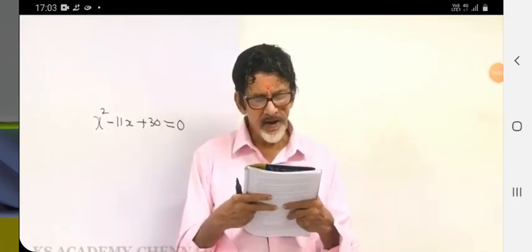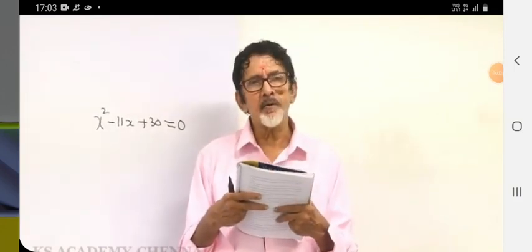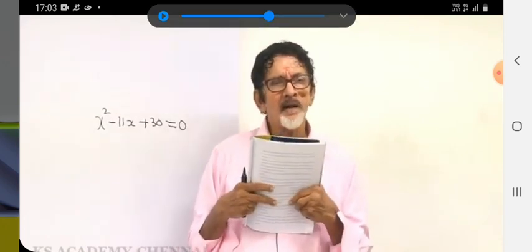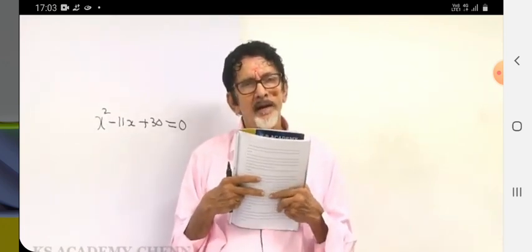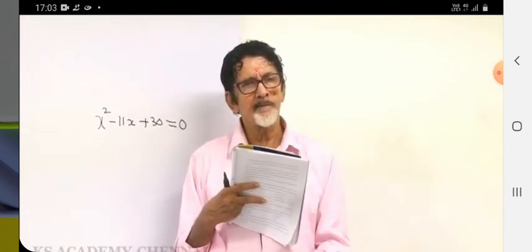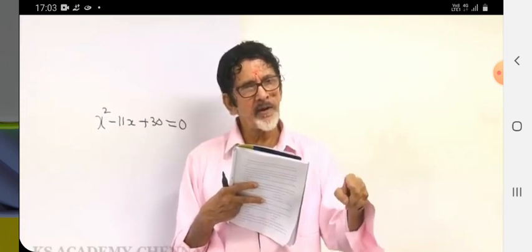35. Rate of interest and time are roots of the quadratic equation. SI is asked, so the principal must be given. Without the principal, how can we find SI? For finding SI, what do you need? P you need, N you need, I you need.